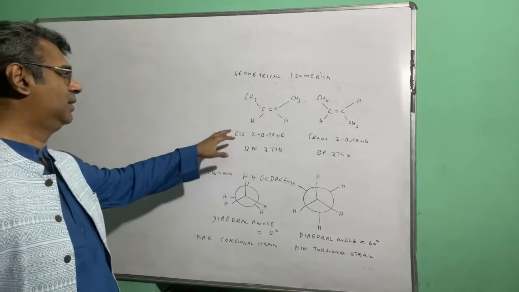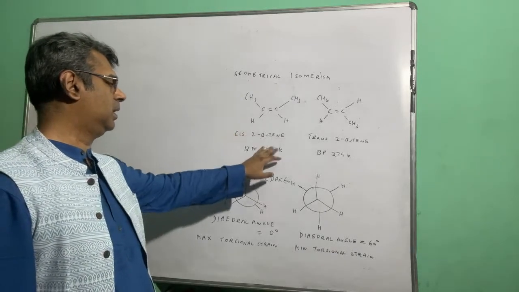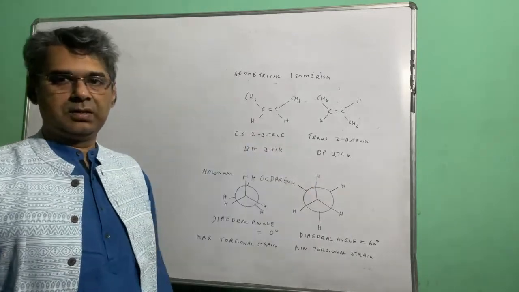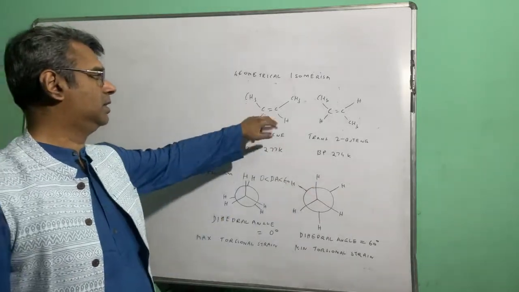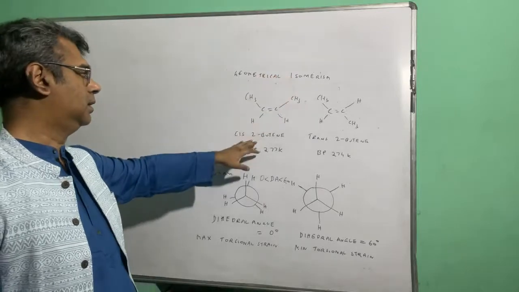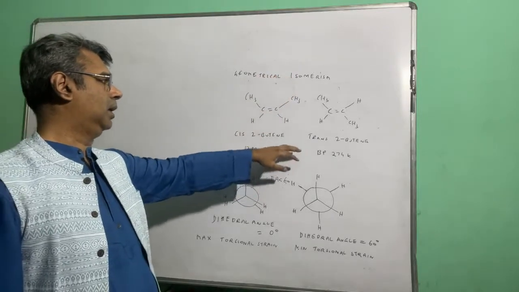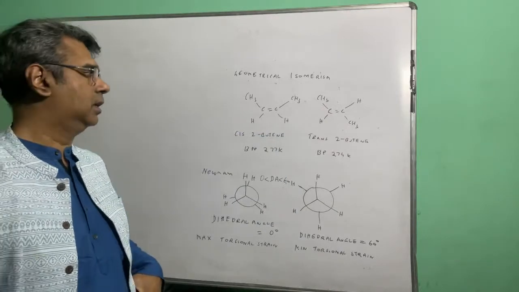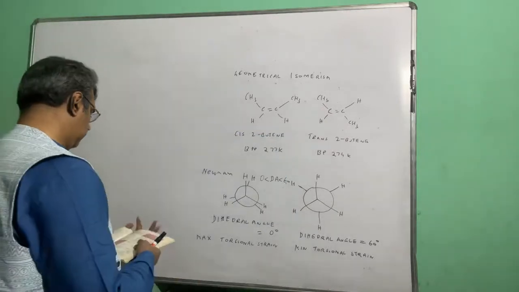So the thing is that geometrical isomerism, this is called cis and trans. The bulky groups are on the same side of the double bond, that is called cis, and the bulky groups are diagonally opposite side of the double bond, that is called trans. Acha. Now